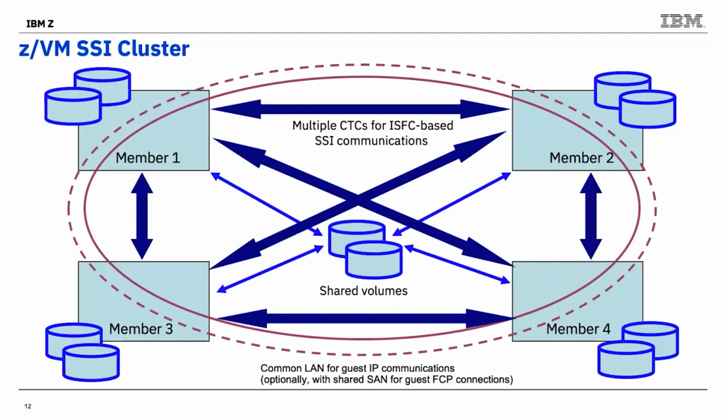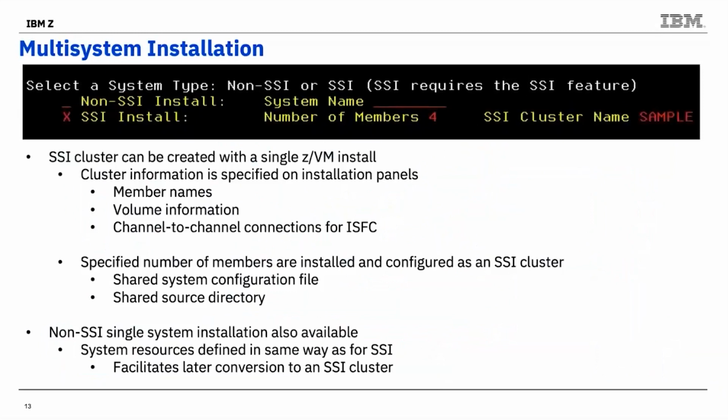And then we also see that dotted circle around that forms the common LAN segment for guest IP communications. The first major attribute that we'll talk about is right at the beginning with installation. Right now, when you go through the installation procedure, you can actually create an SSI cluster without having to do multiple system installations. In other words, if you're setting up a 4-member cluster, you don't have to do 4 separate